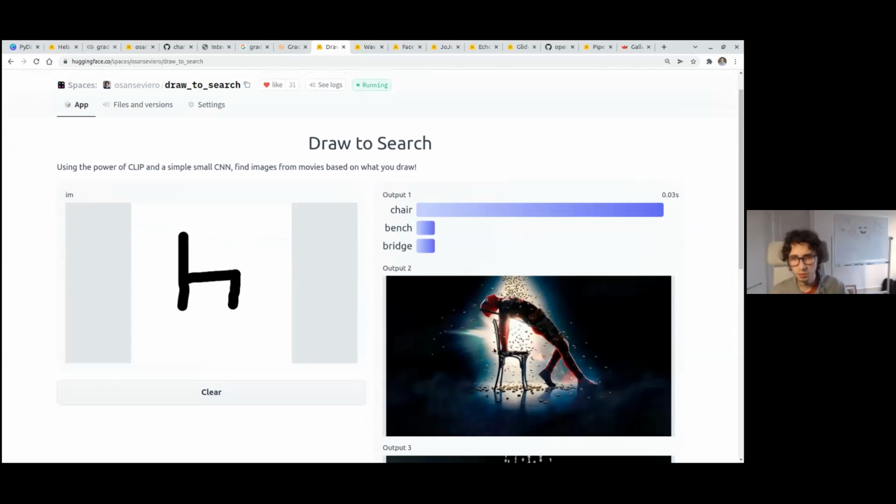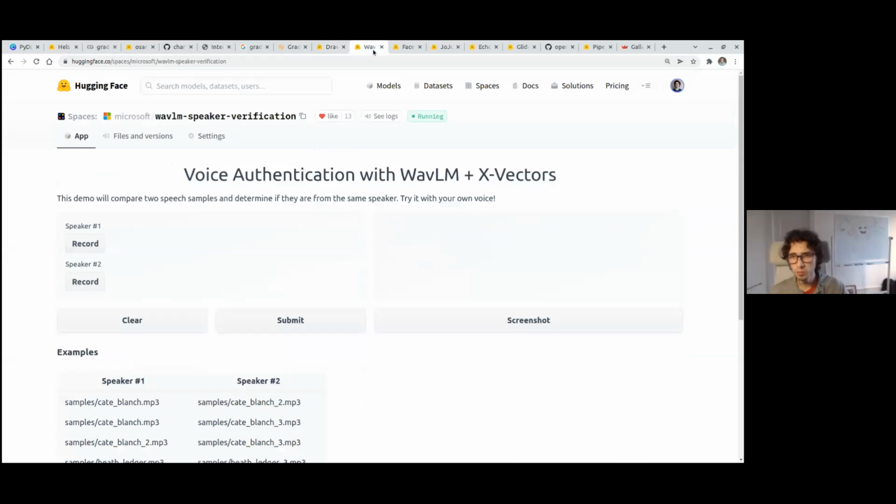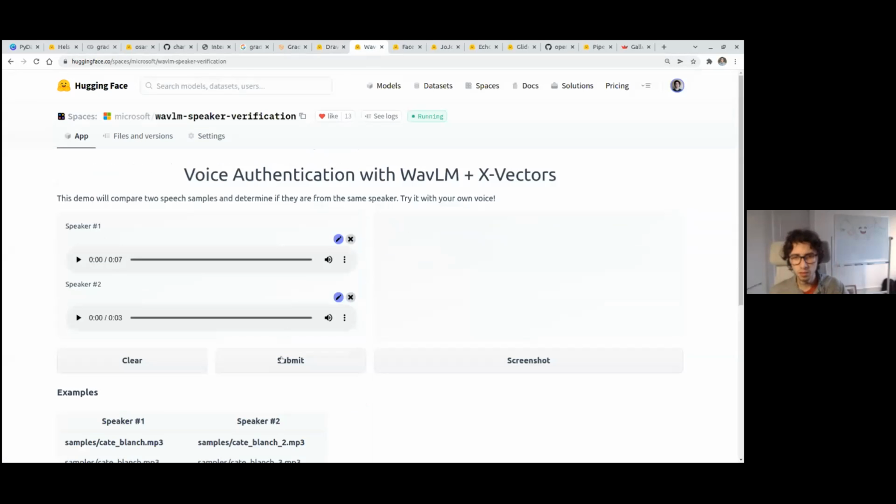So it found this image which has a chair. So yeah, it has quite a bit of flexibility, and even then, if this does not work for you, you can code a bit of CSS if you want more custom stuff. For example, this demo, the one with the two audio files, does use a bit of custom HTML and CSS to have a nicer, more non-conventional kind of output.